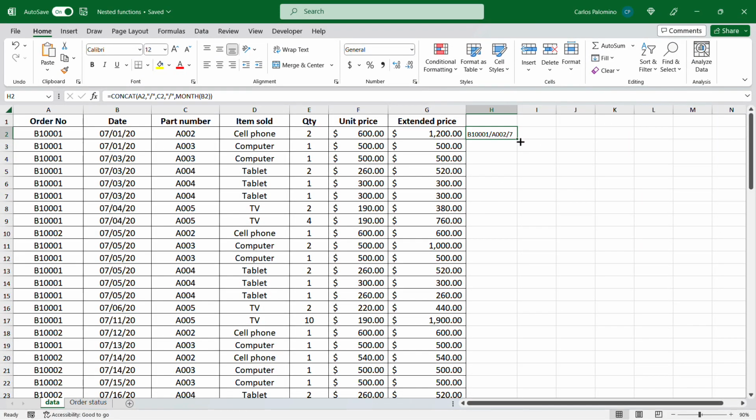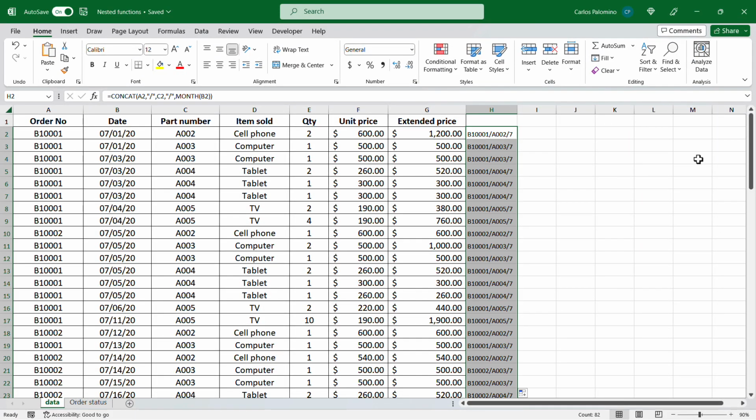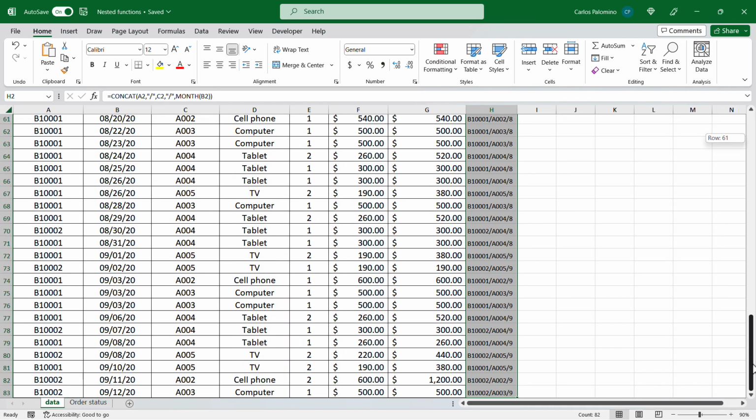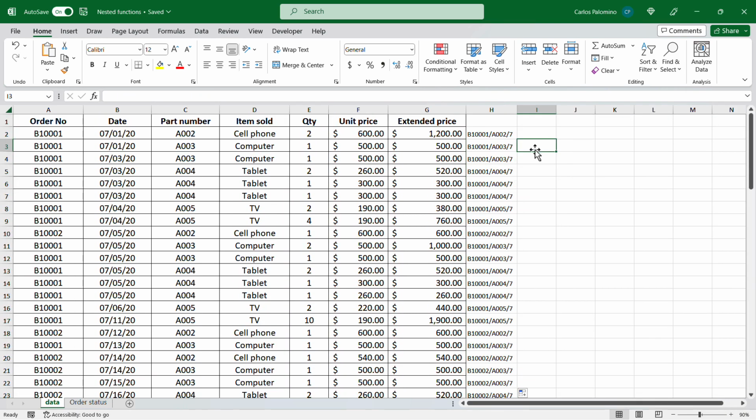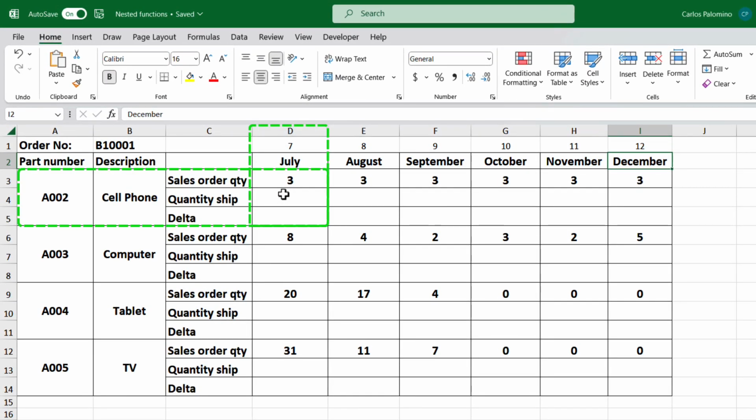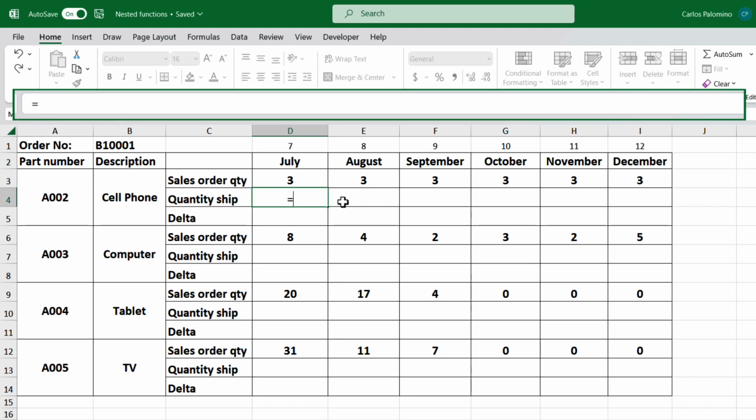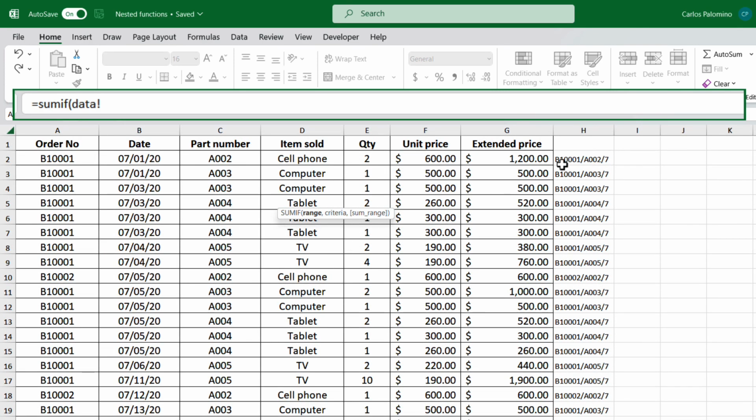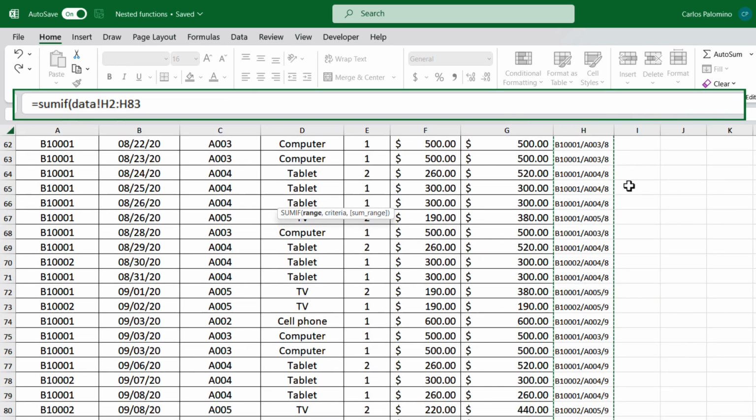Expand the formula to the rest of the spreadsheet. Our spreadsheet is ready to go. Move to the tab Order the Status. Let's start with the first month on the first part number. Select cell D4, equal, function SUMIF, open a parenthesis, and the first argument is the range to evaluate. Select tab Data, select range H2 to H83, and press F4 to make the cell reference absolute, comma, then for